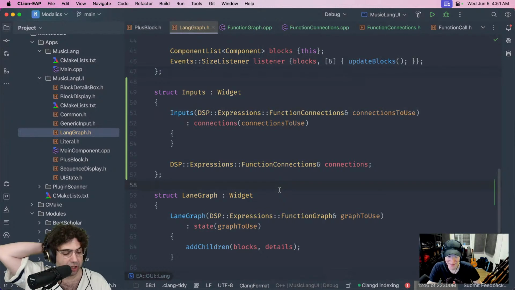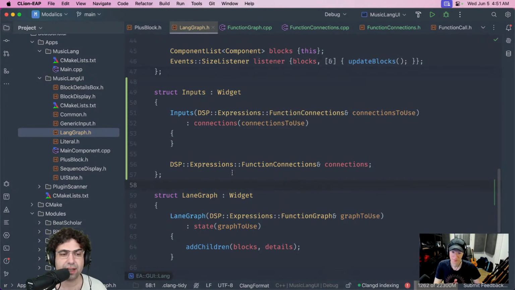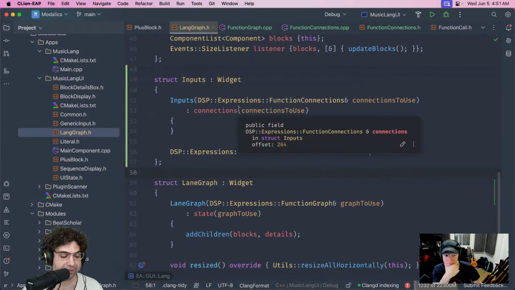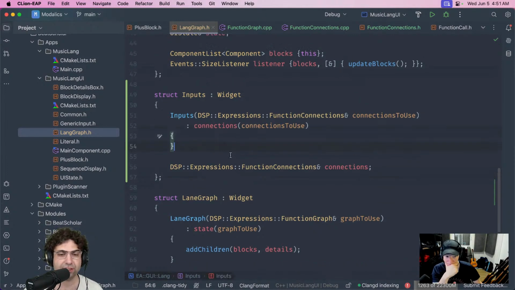Okay, so back in code land, back in C++ land. What I was trying to say is that I'm writing a little bit of very simple UI code. I want a way to create a singular input, which will then be in a list of inputs.